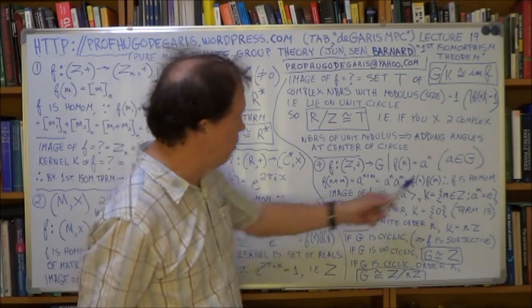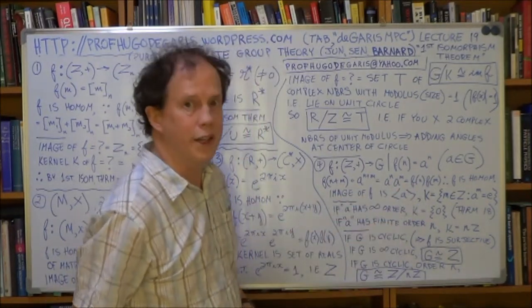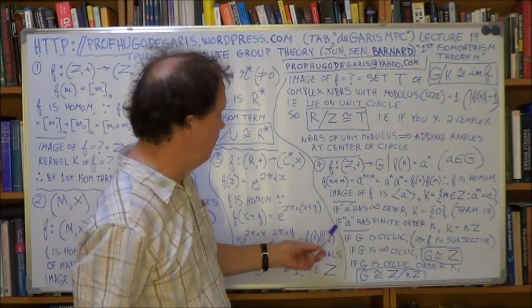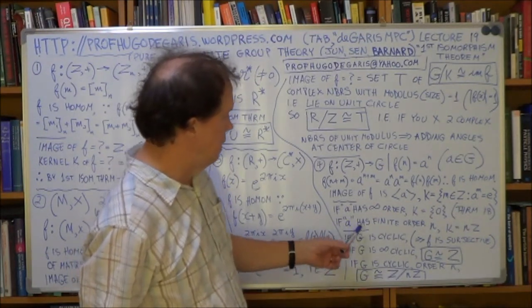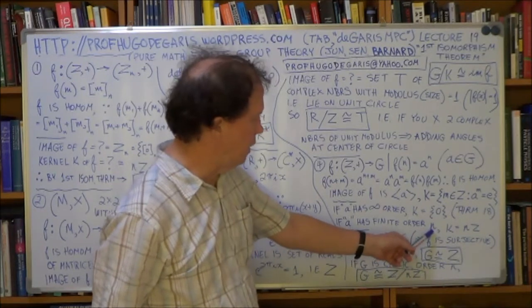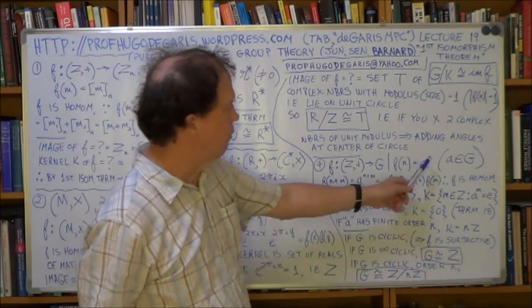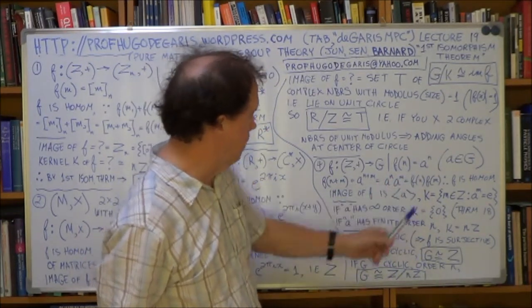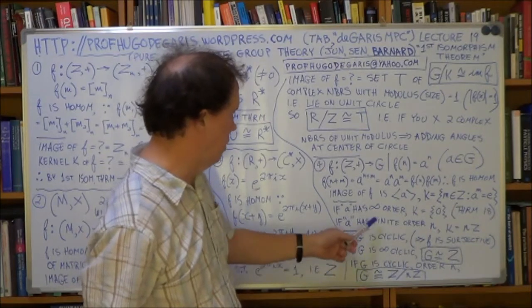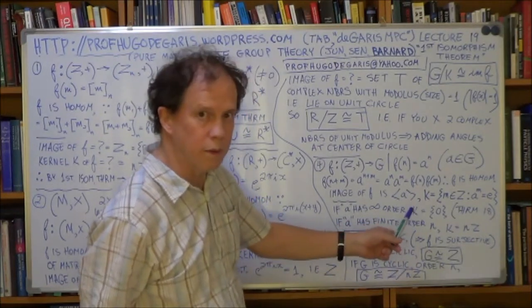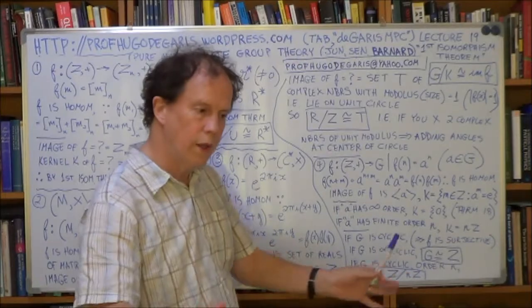Now assume that this element is of finite order, and let's say its order is n, the integer n. So we're trying to find the kernel. The kernel is a subset, the set of all values